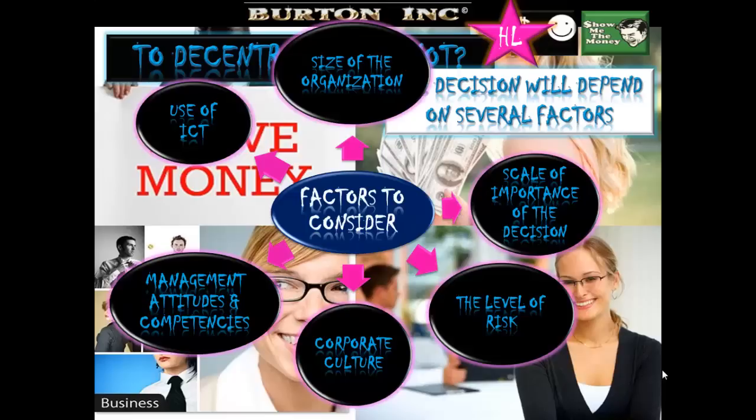And finally, the use of information and communication technologies will be key as well. Firms that adapt up-to-date methods of ICT are able to delegate to a greater extent. Better use of effective communication technology. So for example, firms that have a significant number of teleworkers, remember we looked at teleworkers in Unit 2.1, a significant number of teleworkers empower their employees to work from home.